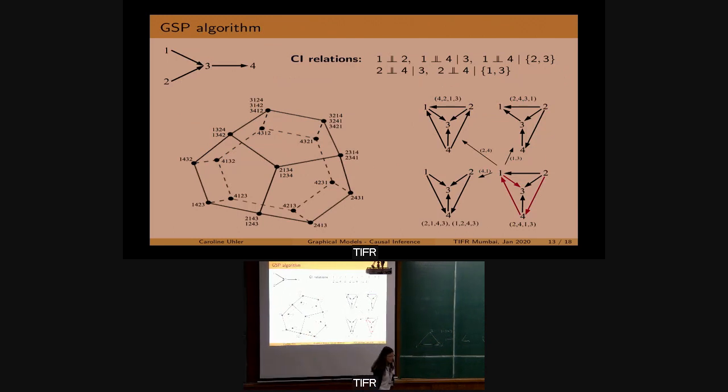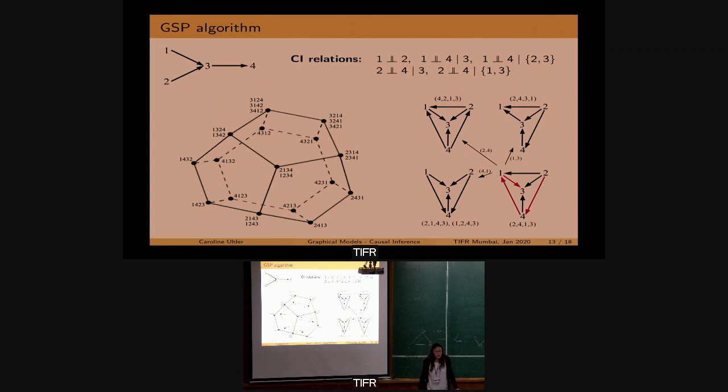So I'm doing this greedy search over the space of permutations. So I'm going to do just the simplest possible thing. Namely, if I'm in this permutation, I have a corresponding graph. Okay, I look at my neighbors. And so if I look at this neighbor here, right, I'll make some edges now point. I'll be turning around some of the edges. Like here in this case, for example, I turned around the edge, right? And so if I have a hard intervention, I already know that there cannot be any